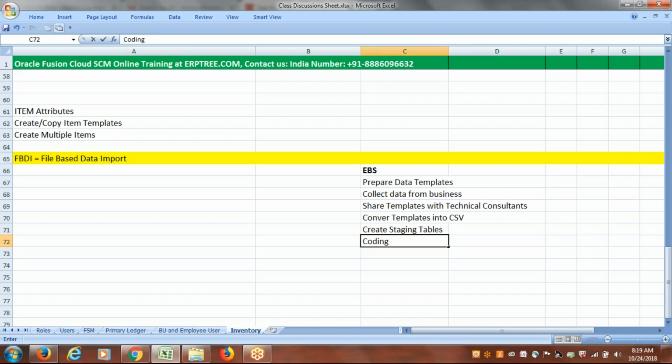With the help of coding or programming, they move data from CSV files to staging tables. After moving the data from flat files to staging tables, they have to perform the validations. They have to validate the data which is available within the staging tables. For validation purposes also, they have to write a lot of coding. Once data is validated,